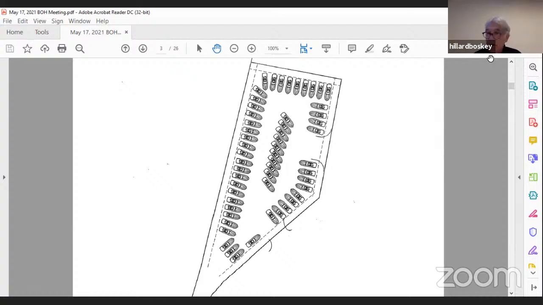Certainly an education here tonight for all of us. And board members, more questions, thoughts, so we can decide what to do here tonight on this.